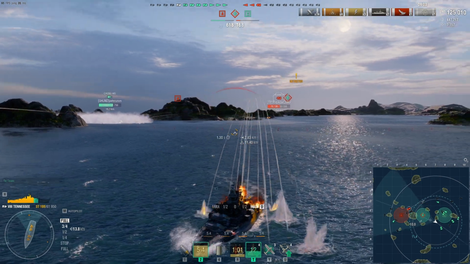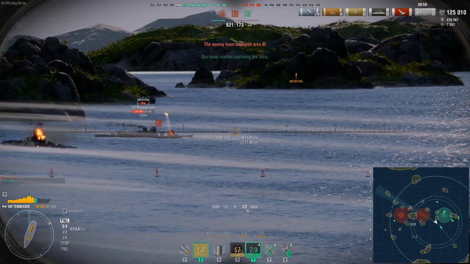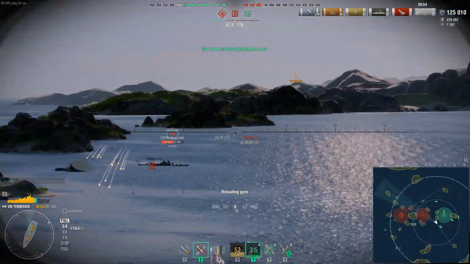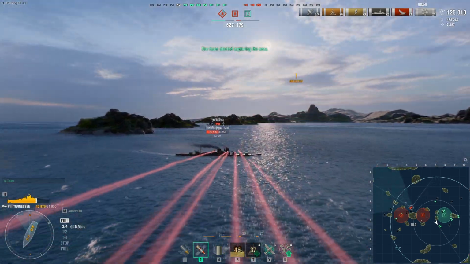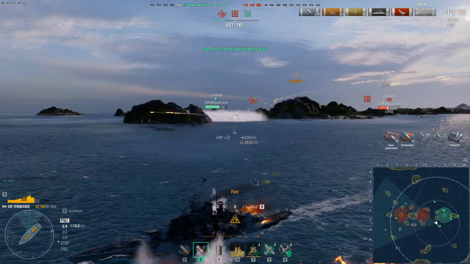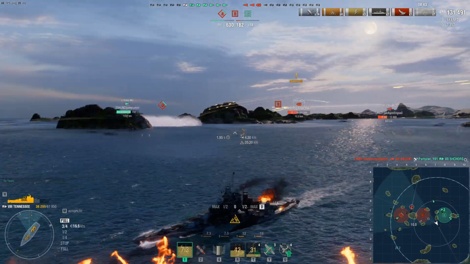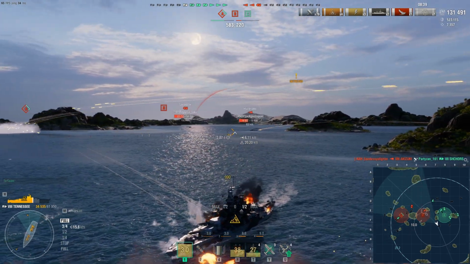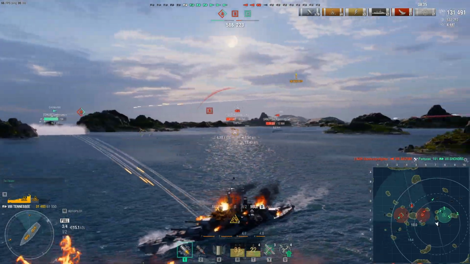Hopefully I can get the Takahashi. I think she only has... I'm not sure. No, I think she has standard plating for cruisers, even though she's a light cruiser. But that should kill her. Actually, no. Okay, never mind. The Akizuki is now going to just spam me. Hopefully I can get...